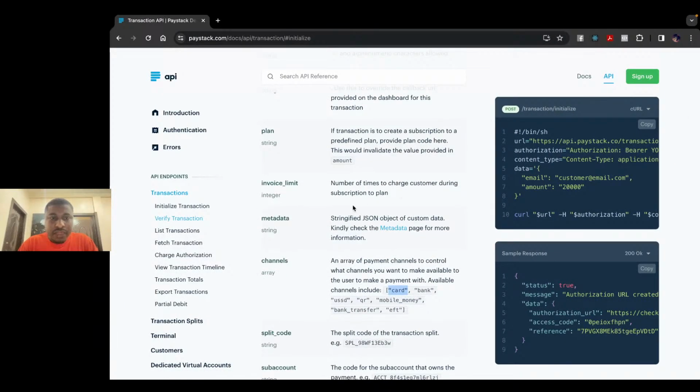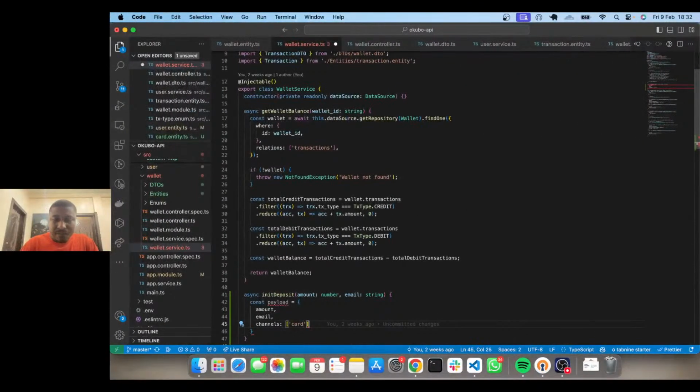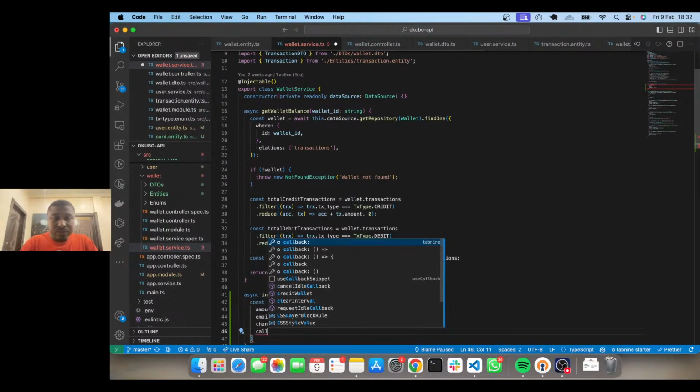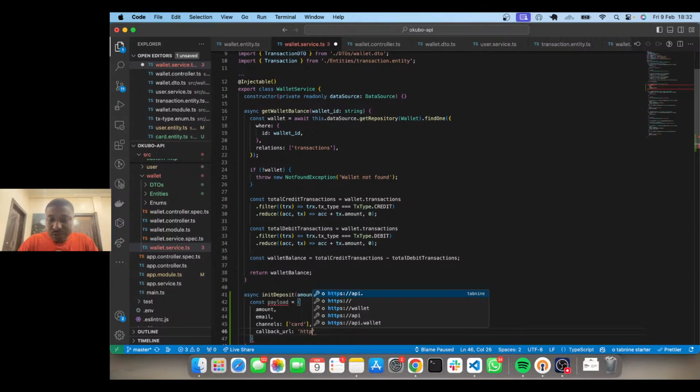Yep, card. Then our callback URL. Basically it has to be your front end, so let's put localhost port 8000. Then